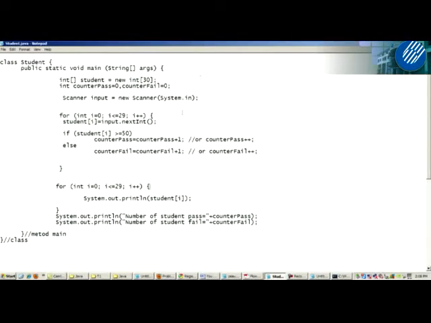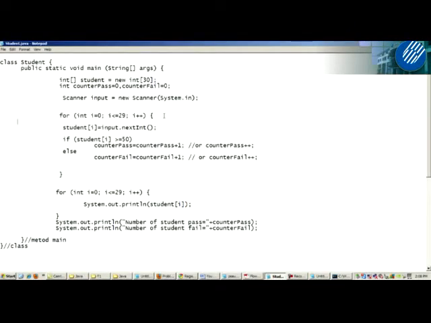In order to make it readable, you need to type here what? System.out.println. You type "Please enter marks."